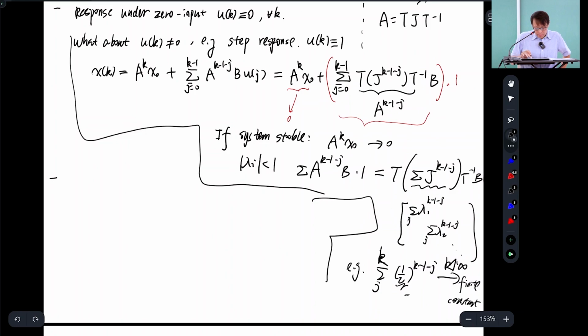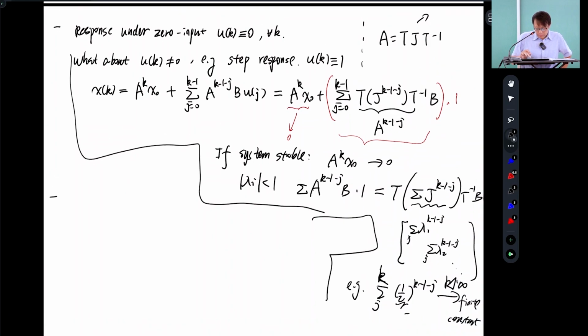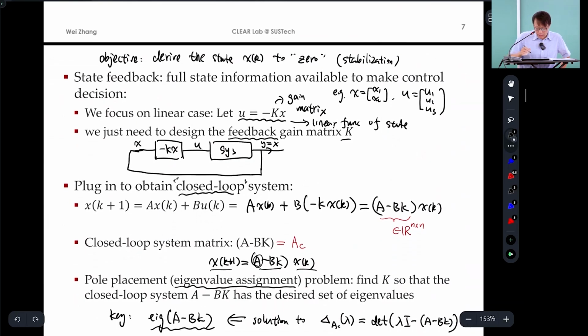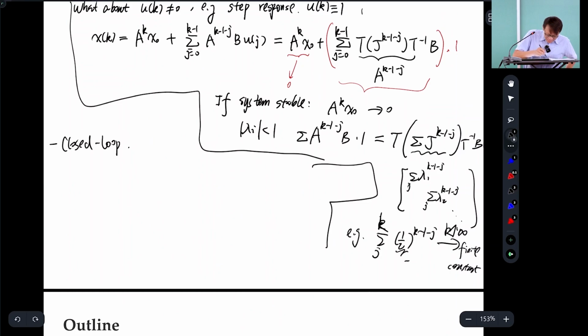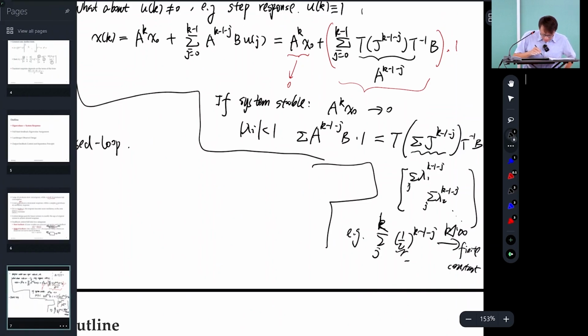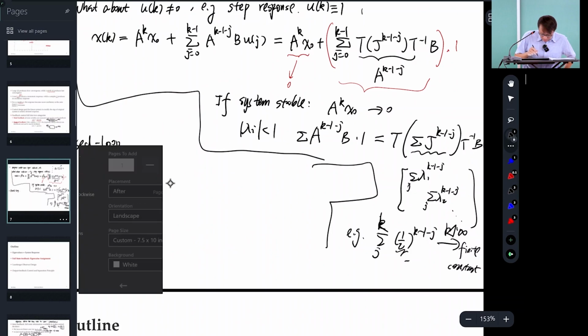Now, the second part is, let's see, what do I mean by closed loop? Some student asked me after class, what does this diagram mean? I think it's pretty straightforward, but do you have any questions about what I mean by closed loop? There is a loop, and it's closed. Okay. Let me explain that a little bit more so that you can